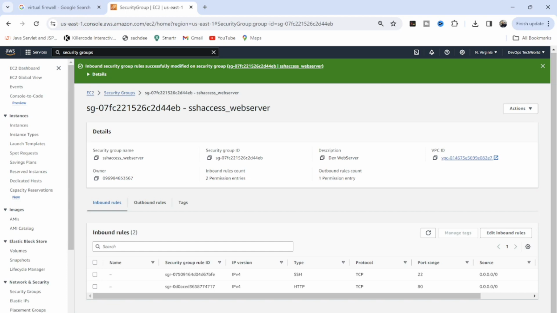So we have a VPC network. Under that, we have launched an EC2 instance. For that EC2 instance, we are going to create a security group. Under that security group, we have two rules. One is for inbound and another one is for outbound. So the inbound rule